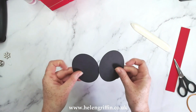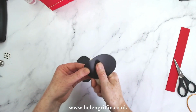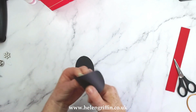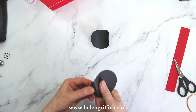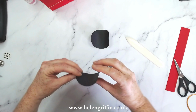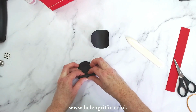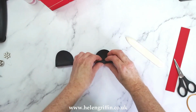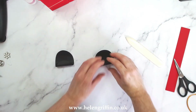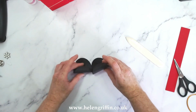Okay, so I now have 2 of those. So grab yourself a bone folder again and just start curling. These sort of remind me of Pringles. And then on the side there is a little bit more curled, so I'm just going to manually roll those up a little bit more. And I'm just going to pop my glue gun on because we need to add our little bells on there. Okay, so I'm now going to pop those